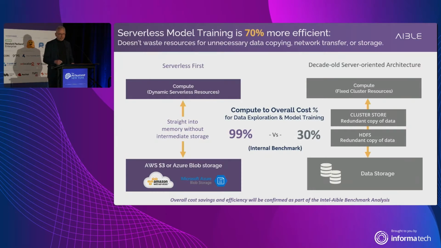So just a couple of things then on the cost of this. What's interesting is that we've found that when we train models serverless, we're getting almost 70% more bang for the buck. And here's the thing: when we're running serverless, we only pay when it's doing useful work. We don't pay for infrastructure that keeps the lights on. We only pay for useful work.